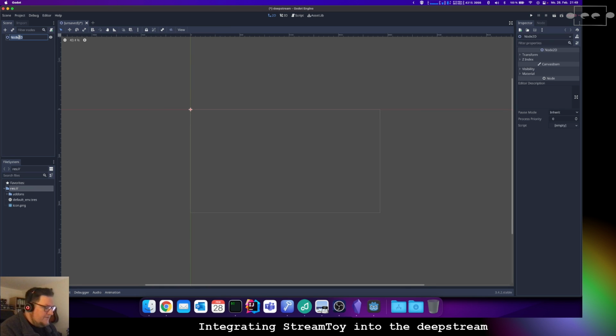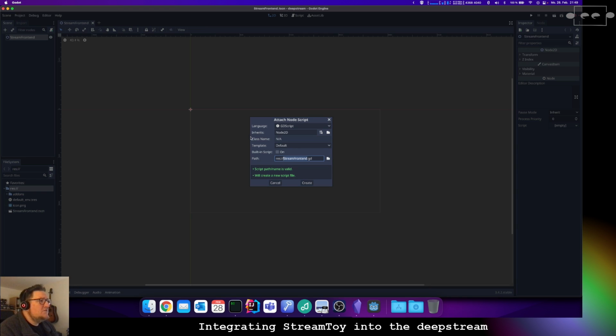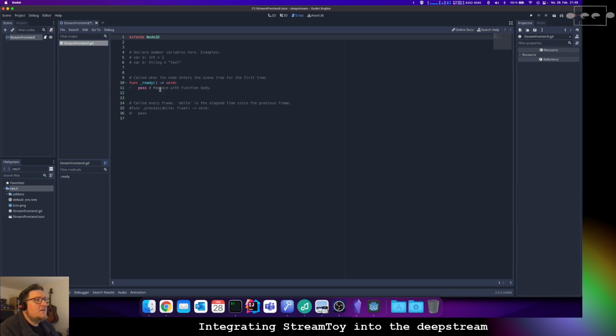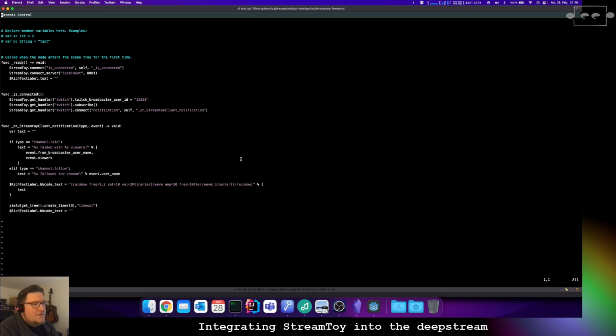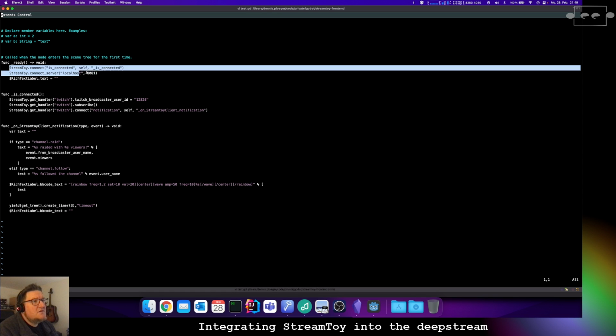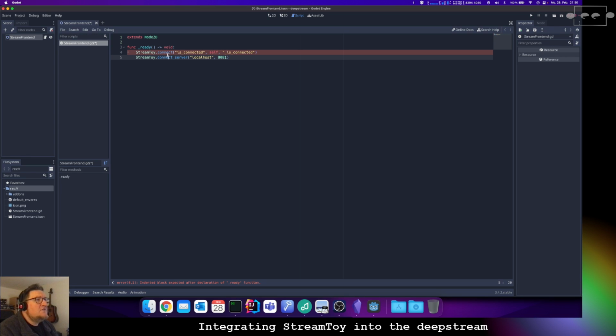And this is the stream front end. And then we save it. And then we attach a GD script to it. And if it's ready, we want to connect to the StreamToy server. And we do this using this thing here. StreamToy connects, is connected, so self is connected, and then we connect to the StreamToy server, which is